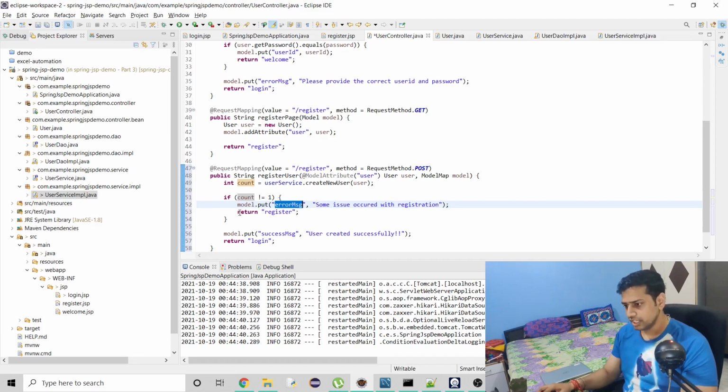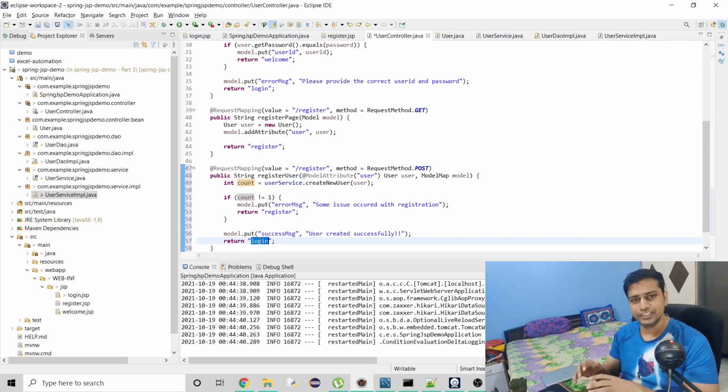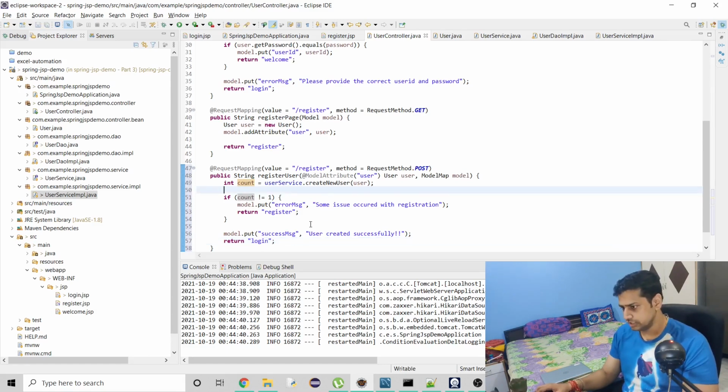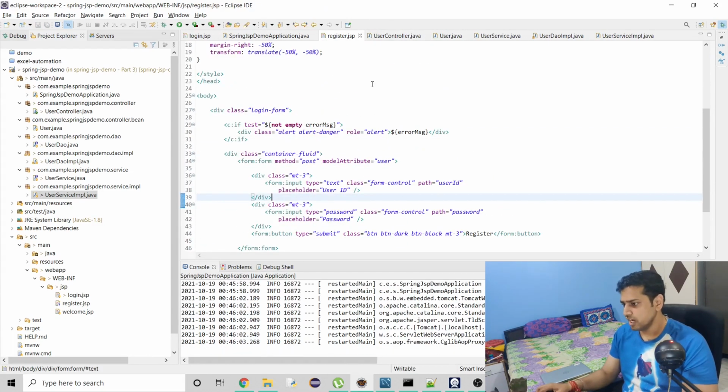enhance this. And when the error happens, we redirect the user back to the register page with this error message. Otherwise we will do a success message, and the user will be redirected back to the login page, so that she can log in and try to get to the dashboard. So this is what we have to do. Let's save this, and I don't think we have an error message in register. If we do, okay, we have that.